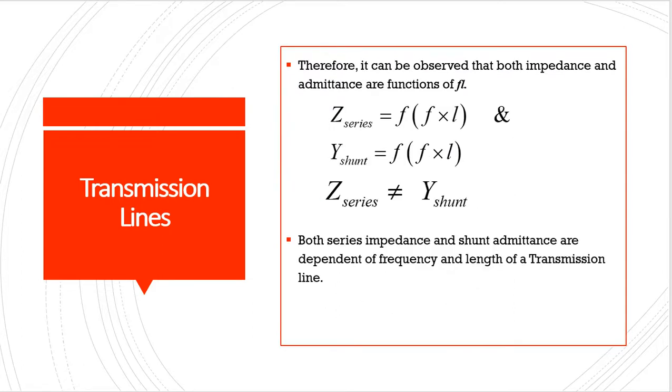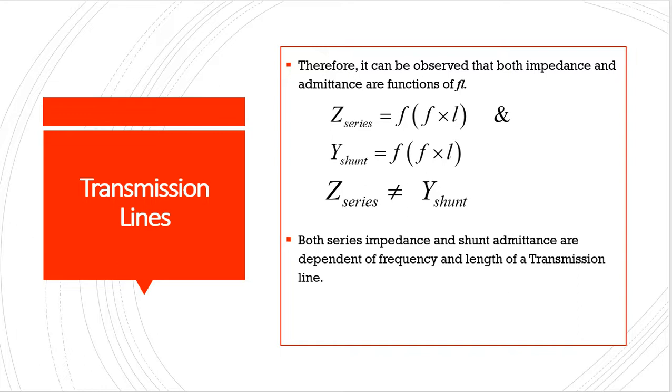So, we can see that both the Z series as well as the shunt admittance are functions of FL, right. By the product of F and L, the frequency and length of the transmission line,